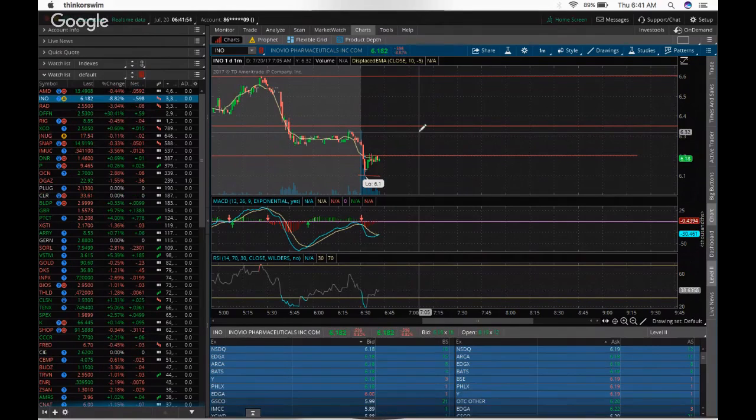So I have a plan. I'm going to set my stop loss right away. If it breaks below 6.10, then I will cut my losses. But if it continues to hold, then,